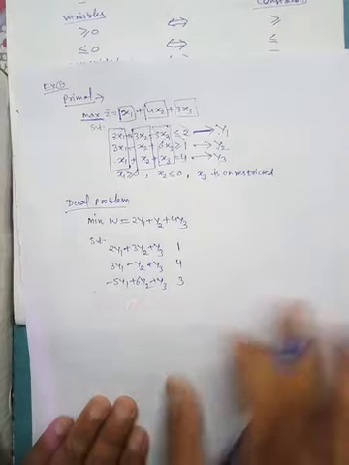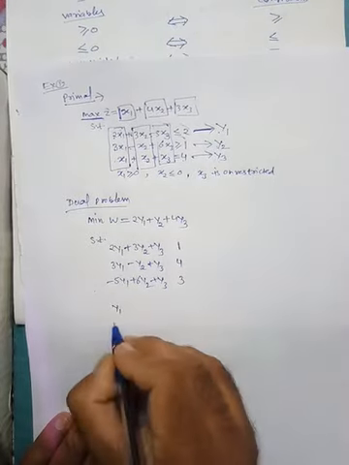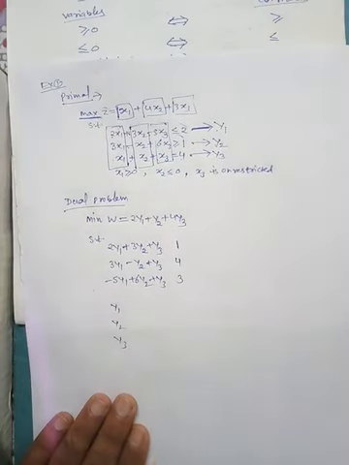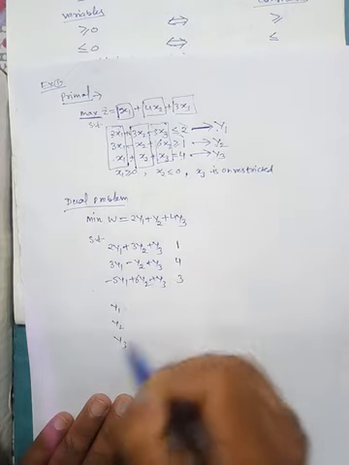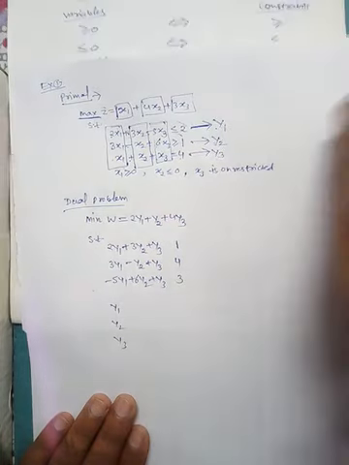now we don't know about the non-negativity condition. So non-negativity condition for y1, y2 and y3. So this is our problem. So now the task is to write down the sign of this and the sign of y1, y2, y3. Now to find out the sign, we will use this table.